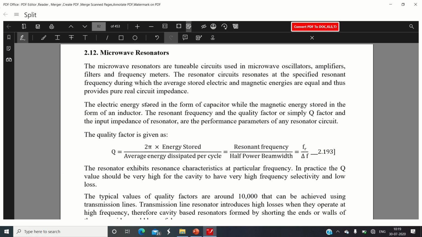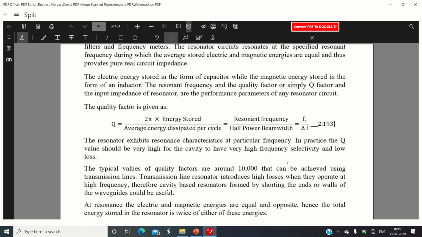So what actually happens during this operation? The average stored electric and magnetic energies are going to become equal, and thus they tend to cancel each other, and therefore the entire circuit will become purely resistive, and hence it will start resonating. The electric energy is stored in the form of a capacitor, while the magnetic energy is stored in the form of an inductor. The resonating frequency and the quality factor of the resonator are the important parameters of the